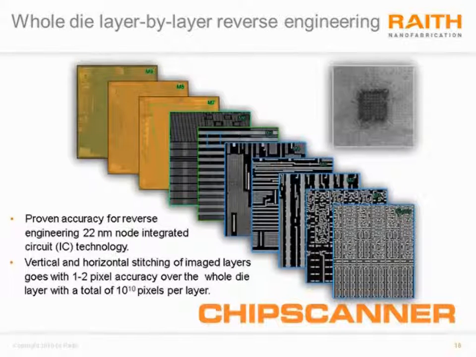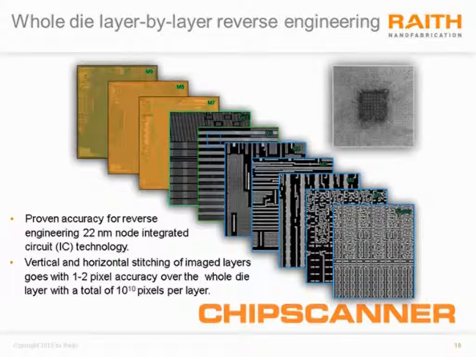In reverse engineering, an unknown chip is deprocessed layer by layer, and each layer is imaged. So here we have 9 metal layers and the silicon poly layer of an integrated circuit. And the first 3 layers can be imaged with the optical microscope because they have very low resolution structures. But as soon as you want to look at this specific area of the IC, you need electron microscopy to